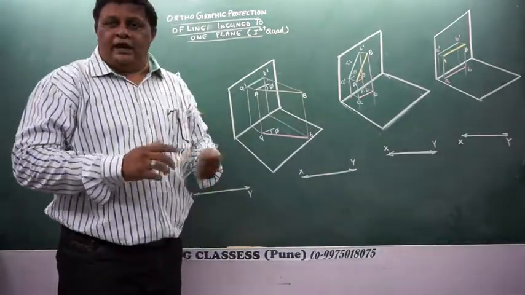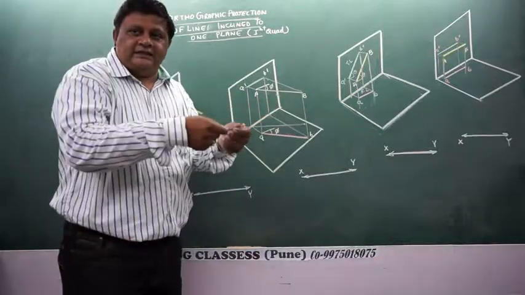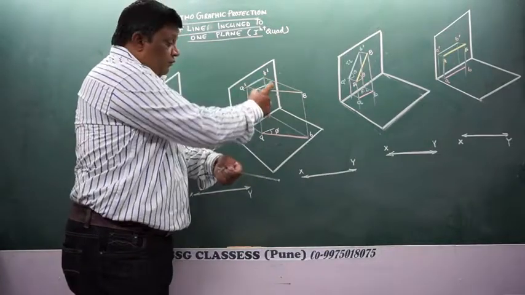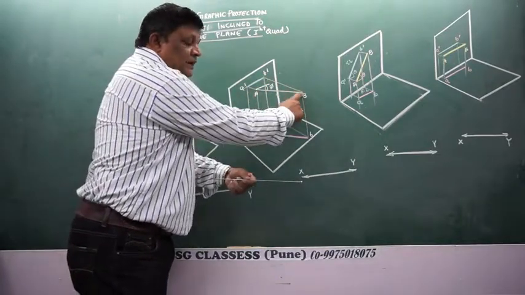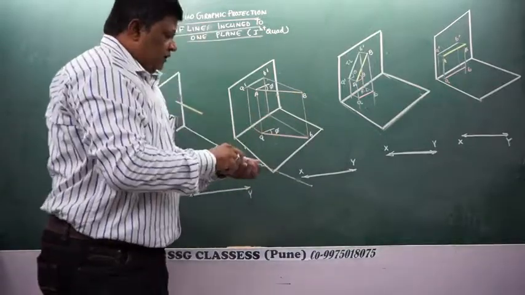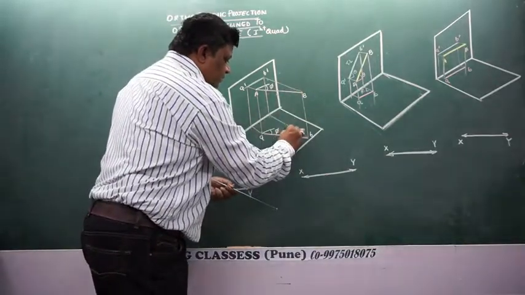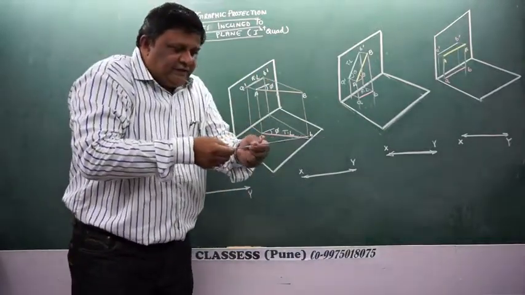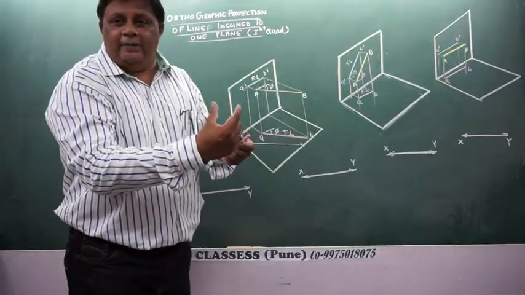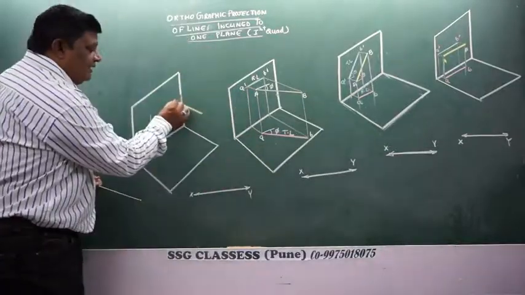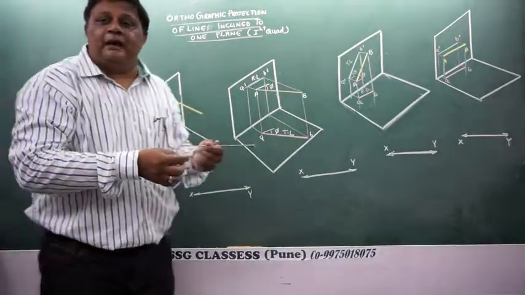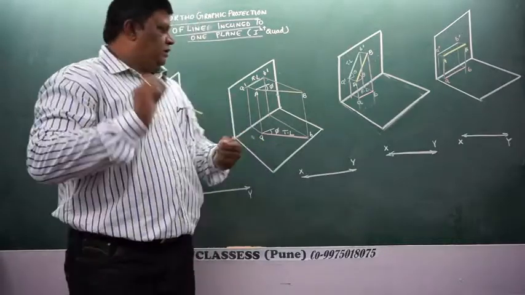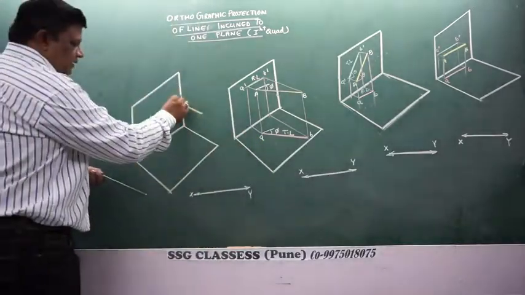So here we are with the views. I can see that the line is appearing of its reduced length in the front view, whereas it is appearing of its original length in the top view. That is, this is the true length and this is the reduced length. More the inclination there is, shorter the line will appear, and finally at 90 degrees with VP, it will simply appear as a point too. Clear? Okay. Now coming down to the last part, that is this.